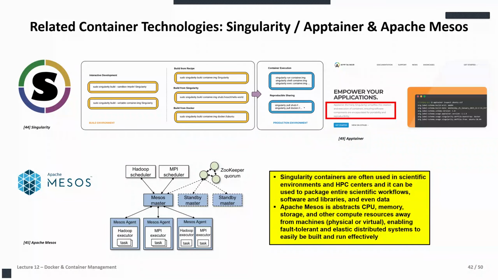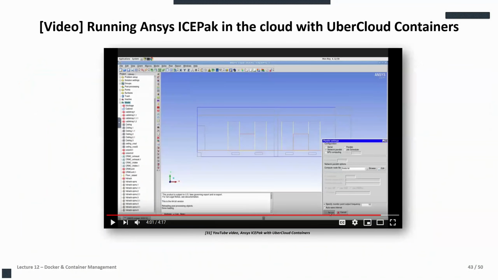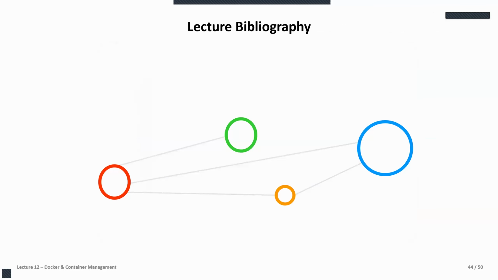Good. In a way, these would be topics to do next. So discussing Mesos maybe more in detail, and also the related technologies, again ZooKeeper and so on, that you have already touched base on with Apache Spark, if you remember. But I think that's all I want to talk about today. I still think that the IcePack here is good for you to look at, a short video that shows a little bit how ANSYS now works and abstracts really from the underlying computing element. That is quite interesting. And the same way it can be used with UberCloud containers, of course.